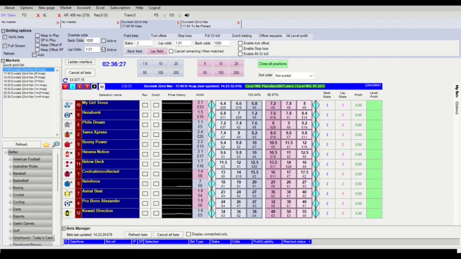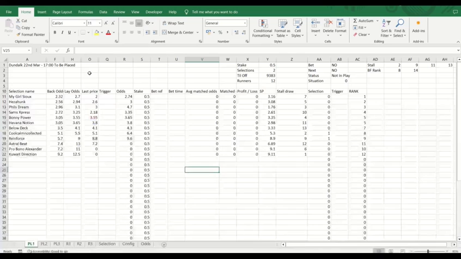Now, as you can see on the screen, we've got 2 hours, 36 minutes before the first race of the day at Dundalk. And I have connected and created this automated worksheet. I'm going to talk you through what it is. Essentially, everything you see here